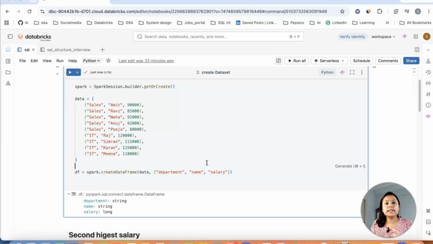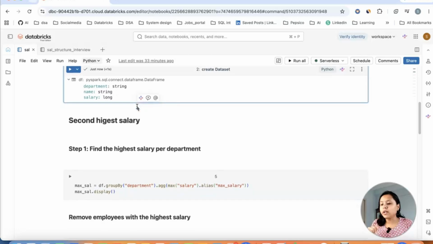In this employee data set, I have a department, I have a salary, and I have a name. So it's a simple data set. In this, I have two departments, that is sales and IT. My question here will be to find the second highest salary for each department. If you see, the second highest salary overall here is 1.2, right? But if you have to categorize for each department, for IT, it is 1.2. And for sales, it is 90, right? For each department, I have to find the second highest salary.